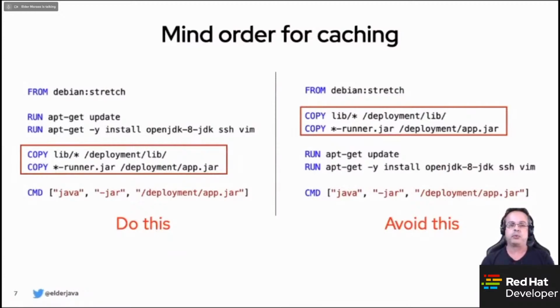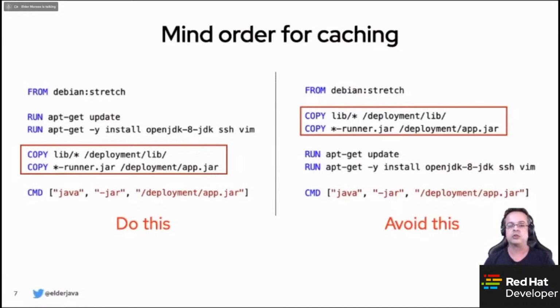The most important thing that you will need to think about when you are thinking about build time is caching. And why? I don't know how much you guys know about containers, but let's talk about Docker, for example. When you are using a Dockerfile, we will talk a lot about Dockerfiles here today. When you are working with Dockerfiles, for each line of a Dockerfile, Docker will create a cache for that line. So the order that you put each line matters for caching.